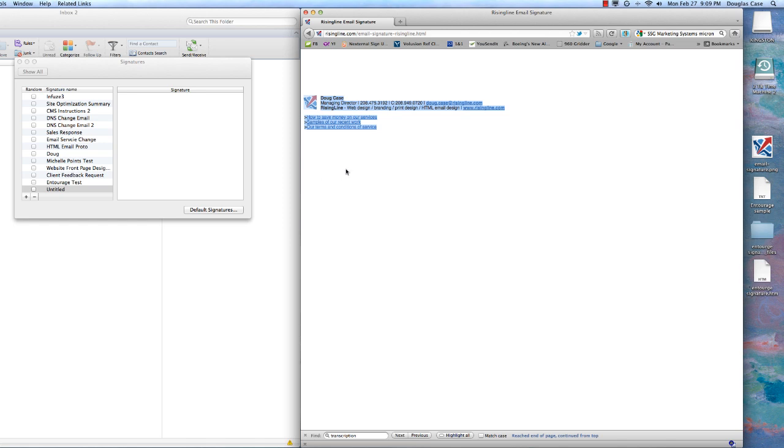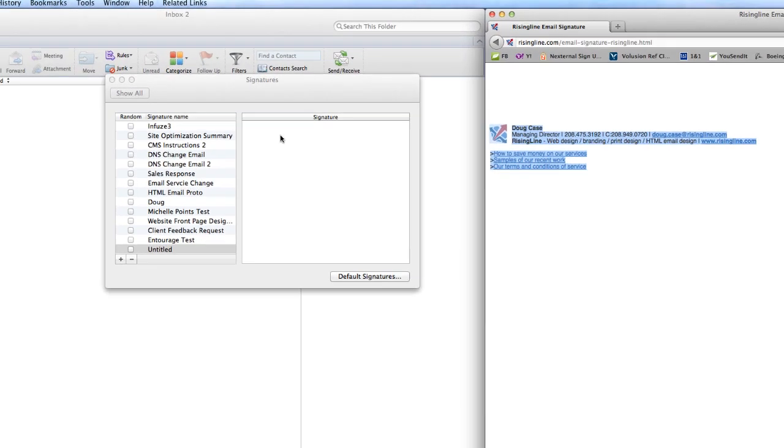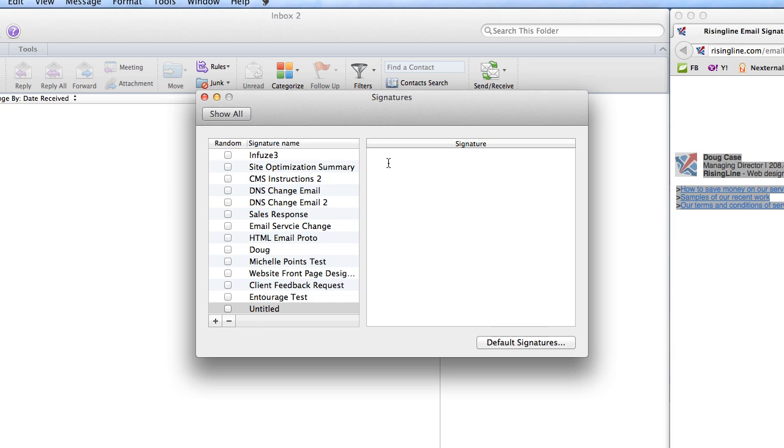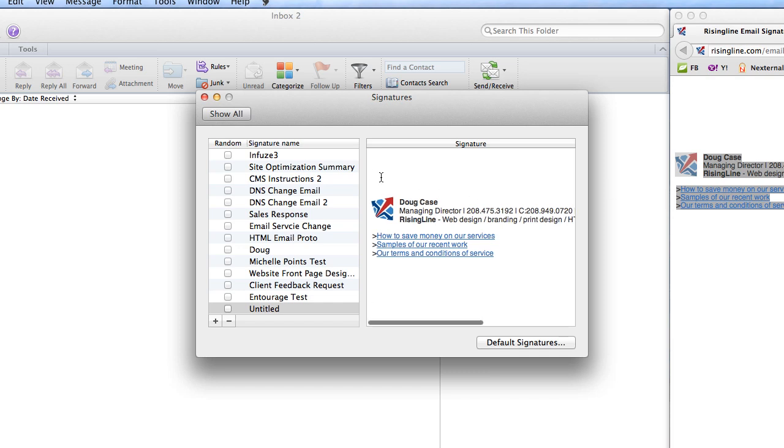So after you do that, it's highlighted. Go ahead and right click, hit copy, take your cursor, put it in the new signature window, and paste. I'm doing Command V on my Mac keyboard, and there you go. You've got a nicely formatted HTML e-signature in your Outlook 2011, and all these hyperlinks work. This graphic is actually linked to the web, so it'll show up good. It's the best practice for showing up